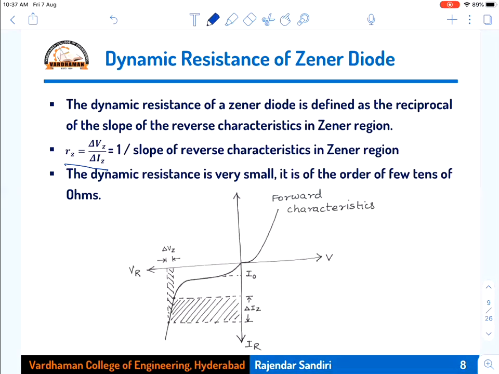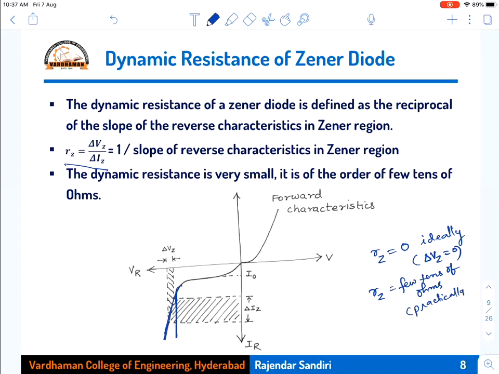Okay, I have shown the slant curve here like this, but ideally the curve will be very straight, so that delta Vz is 0, then Rz will be ideally 0. Okay, ideally Rz is 0 because delta Vz is 0. But Rz is a few tens of ohms practically. A very small variation may be there, like instead of a straight line like this, a small variation may be there like this, so that delta V will be very, very small, so that you will be getting Rz maybe a few tens of ohms. This is the practical case.